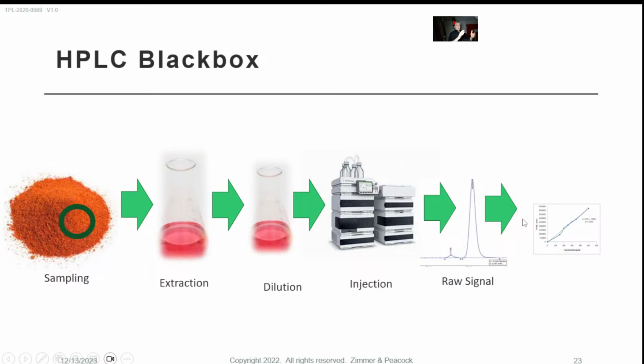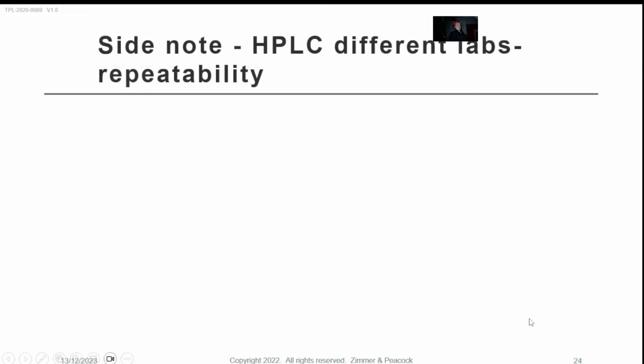Now each process will have an error associated with it. If I just assume, and this is a high assumption, that there's 5% error, I'll end up with an overall error on this system of 25%. But when you actually get your results back, you'll have no indication of error associated with that test. You'll just get an absolute number. What you really need to do, and nobody does this because it's too expensive,